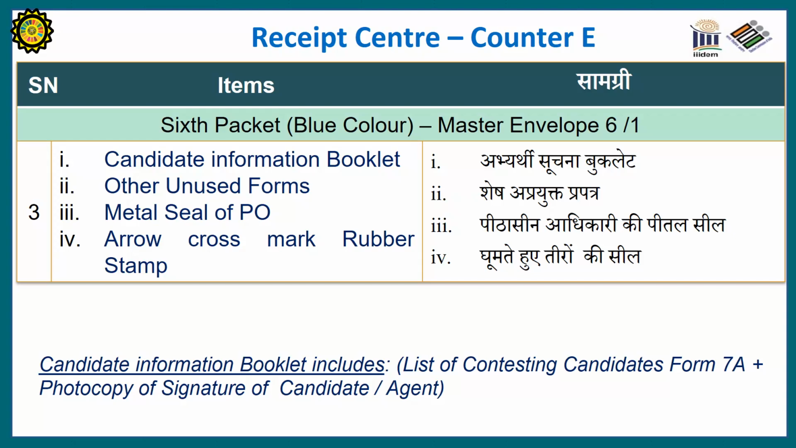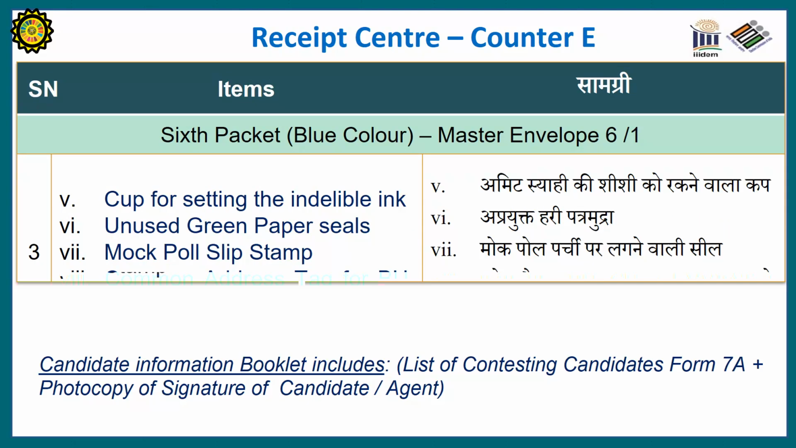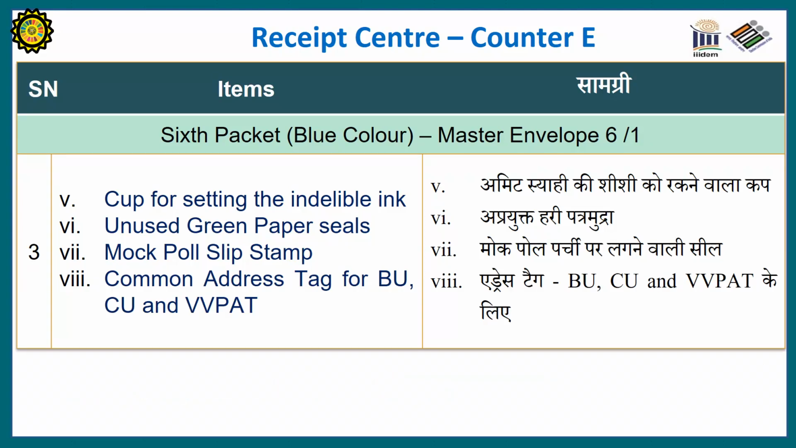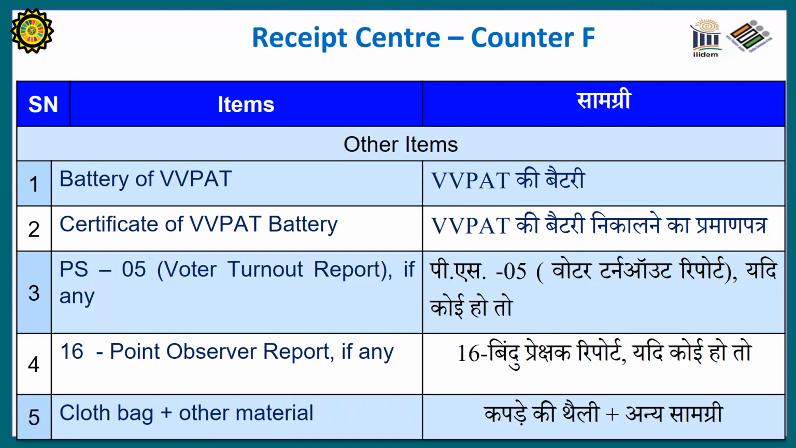Form having other unused forms, metal seal of presiding officer, arrow cross mark rubber stamp, cup for setting the indelible ink, unused green paper seals, mock poll slip stamp, common address tag for BU, CU and VVPAT. There can be a sixth counter, that is counter F, for depositing these items: battery of VVPAT,